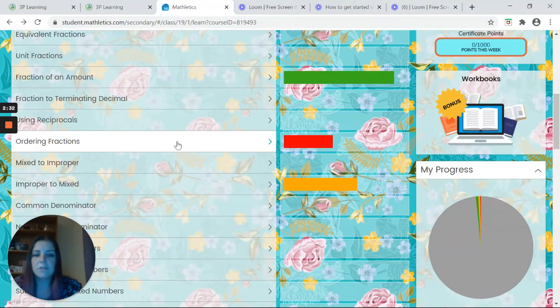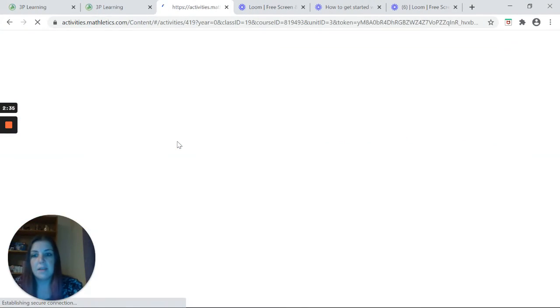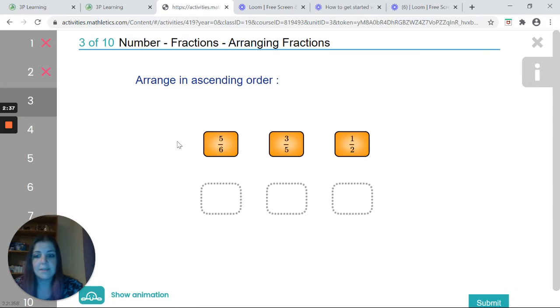But if I wanted to improve on this score, I can click on it again, and I can keep doing this as many times as I want till I try and get that up to that green colour, sorry. So I've already started this one actually, so I've got 2 wrong already. So I'm trying to put these fractions into ascending order. So if I have a wee go at this,